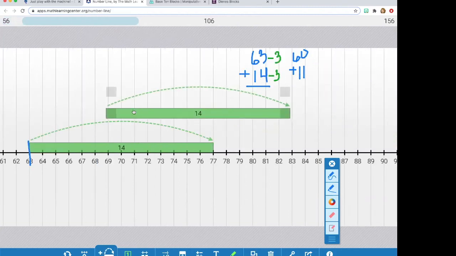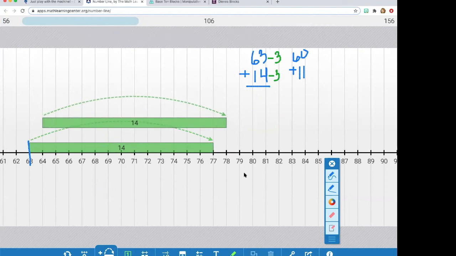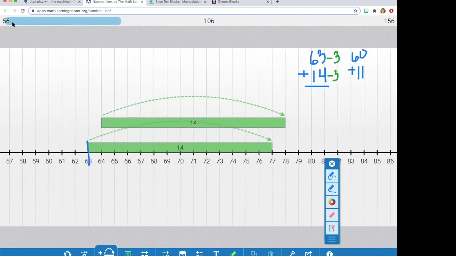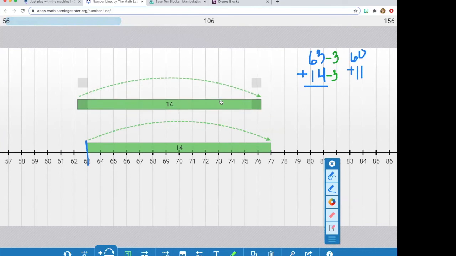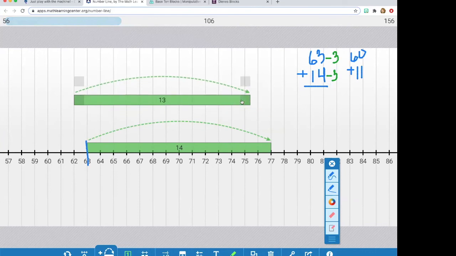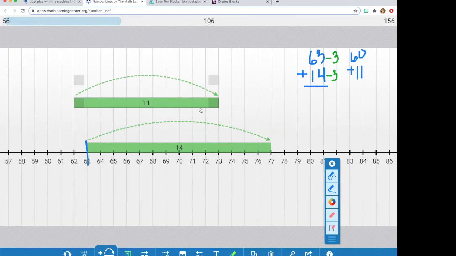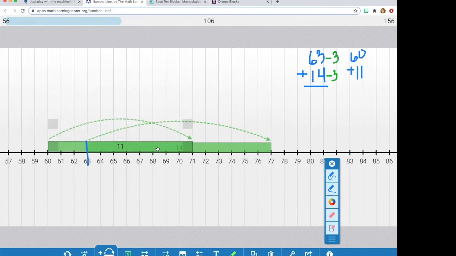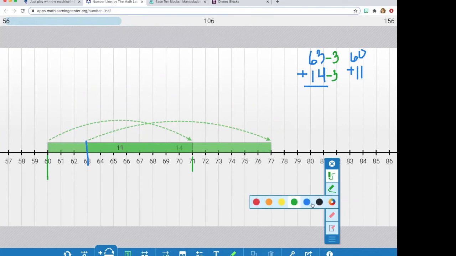We want another 14. But what I want you to see is now let's look at 60 plus 11. And that takes me to 71. So we can see this distance or difference didn't stay the same. And so this is, with the compensation strategy, different from what it looked like in subtraction. And so here,